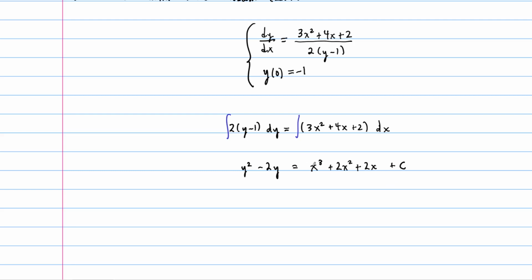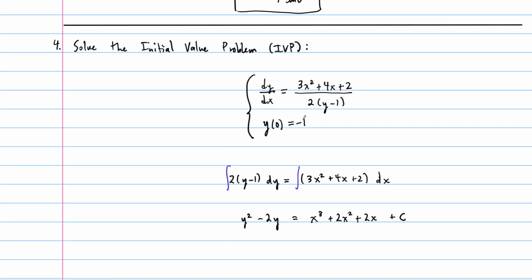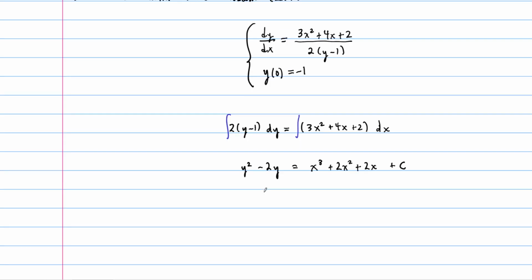All right. And so at this point, we have an implicit solution, right? It would be very nice if we could solve explicitly for y, especially since we have this initial value. So at this point right now, we can actually plug in our initial value, but we're still going to have to solve this equation explicitly for y at some point, right? So I'm going to write down we have two things to do. So 2 steps left. Number 1 is figure out what c should be, and number 2 is solve explicitly for